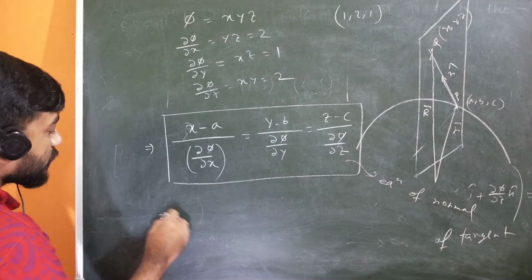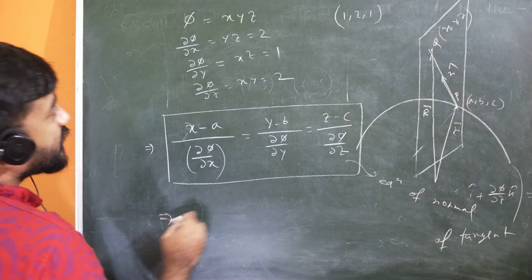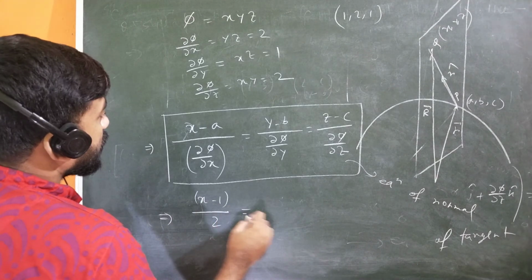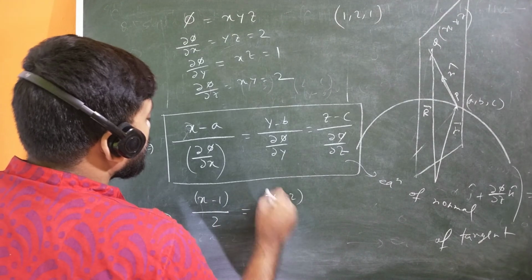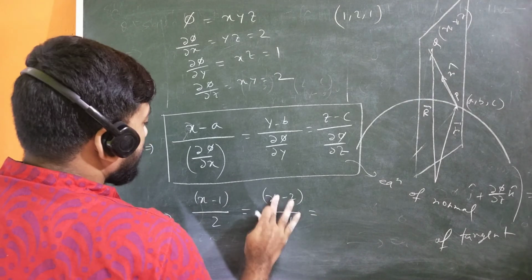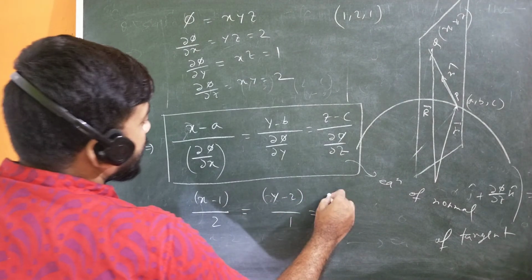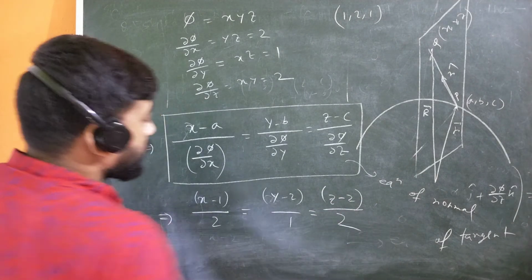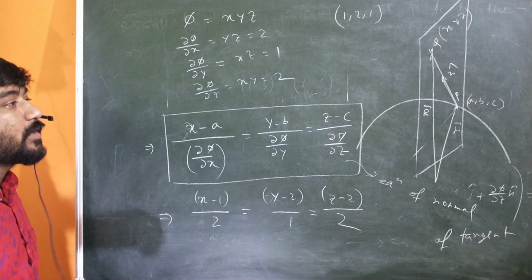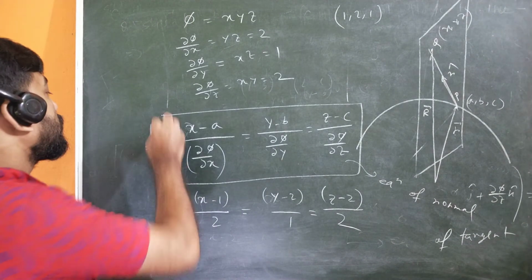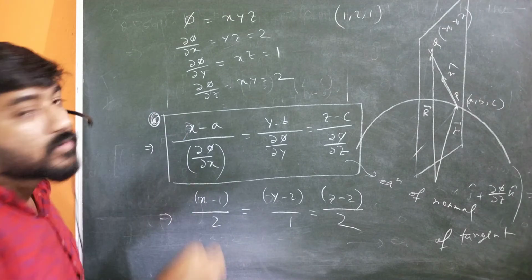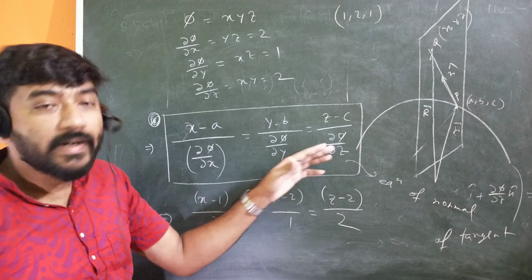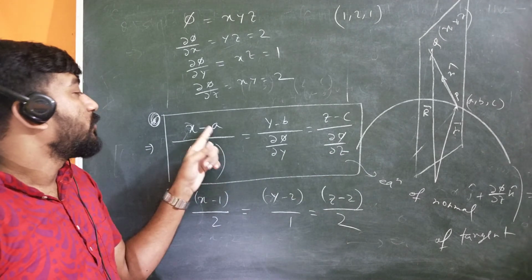So your equation of normal, from this equation you can directly write down that it will be x minus 1 divided by 2 is equal to y minus 2 divided by 1, and the third is z minus 1 divided by, and del phi del z is again 2. So this will be your equation of normal to this surface. Okay, so these two ready-made results you can remember, so that you can avoid calculation, and you can directly put the value of del phi del x, del phi del y, del phi del z at the point ABC, and you have to put ABC here.